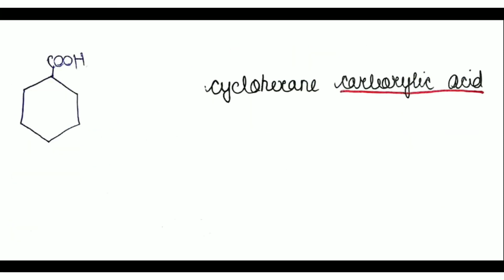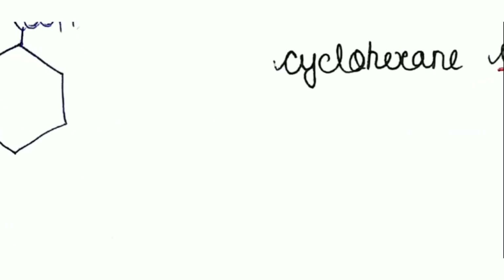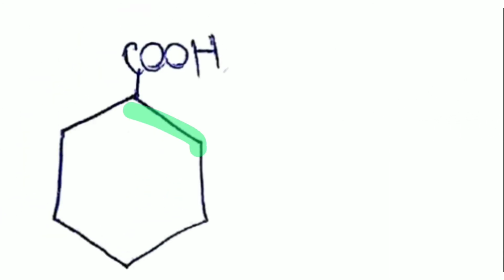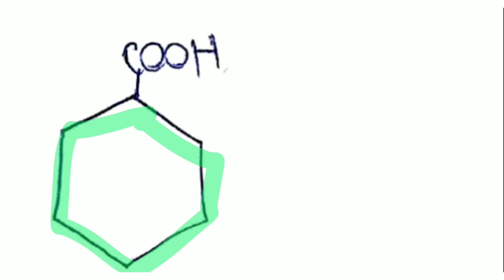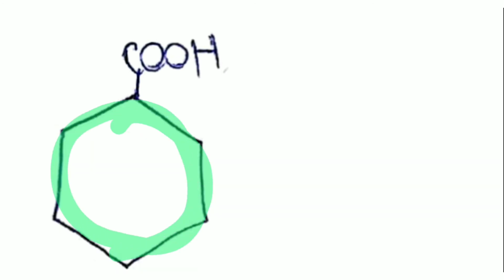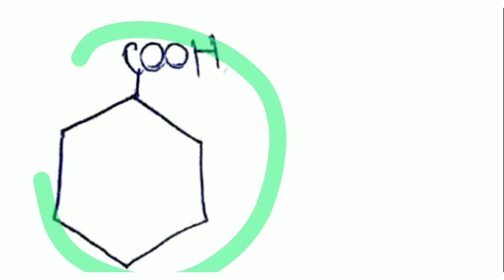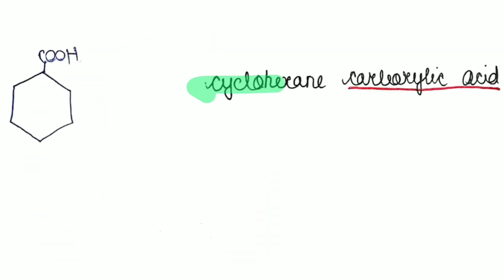The same happens for cyclocompounds, guys. Like here we have a cyclocompound, that is cyclohexane, to which a carboxylic acid is attached. So then here also we'll use our special suffix, that is cyclohexane carboxylic acid will be the name of this compound. Cyclohexane carboxylic acid. That's how we name this compound, guys.